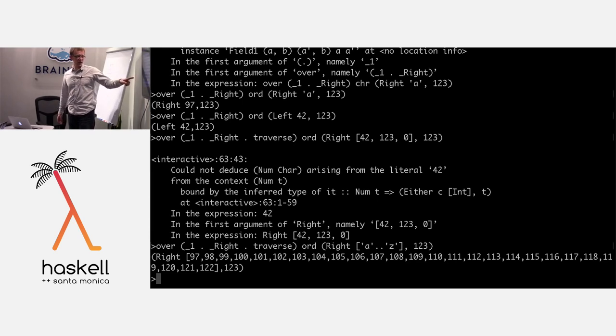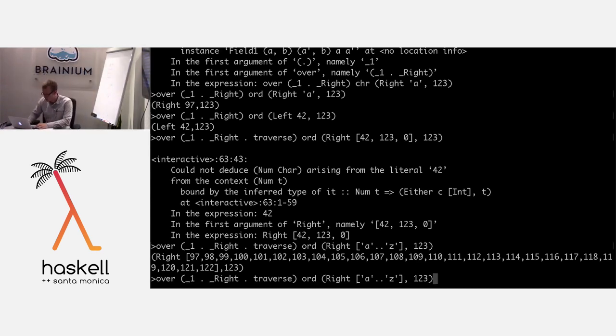So here I'm saying I have a tuple. Inside I'm going to have an either, and inside I'm going to have some traversable structure, which in this case is a list. Okay. So go inside the left-hand side, see if it's a right. If it is, traverse over the array, and at every focus point, apply the ord function. So now I end up with this data structure that has all these ordinal values in it. Okay. But if it was a left,